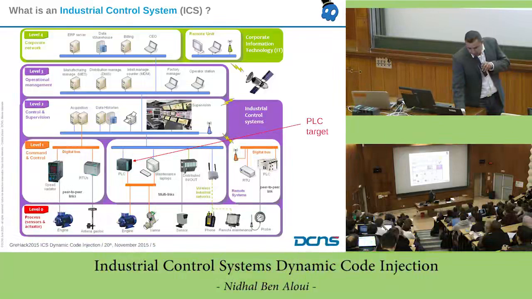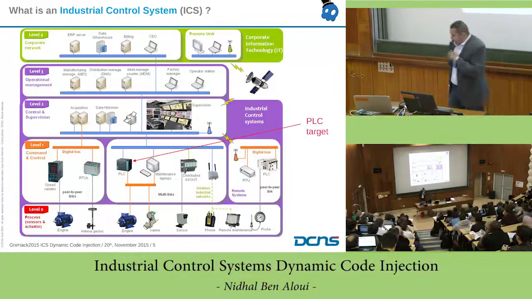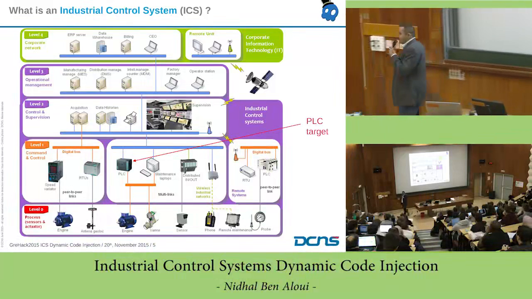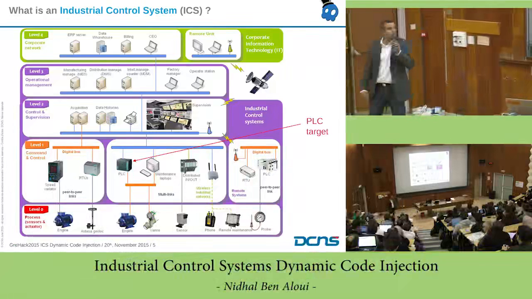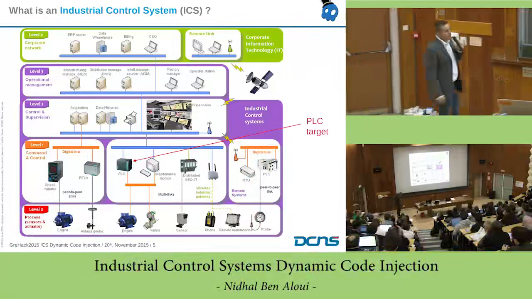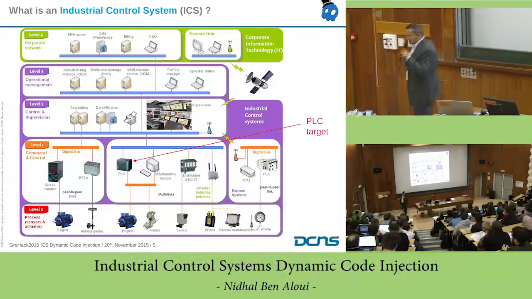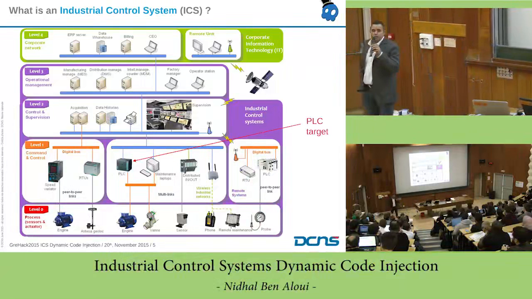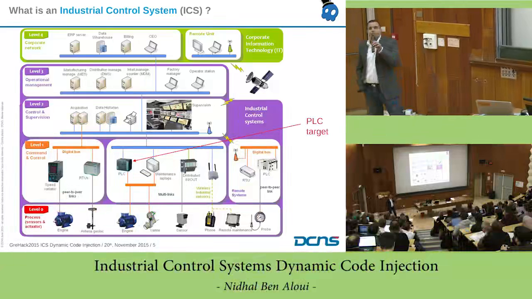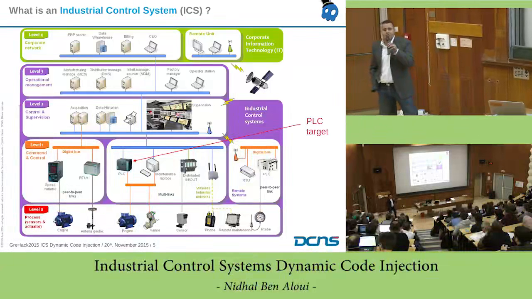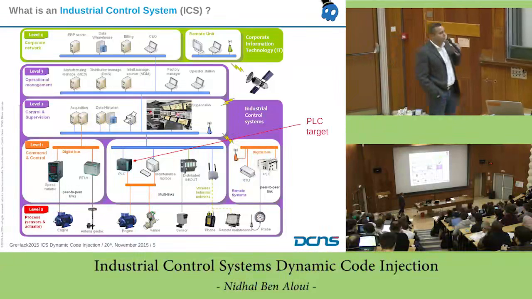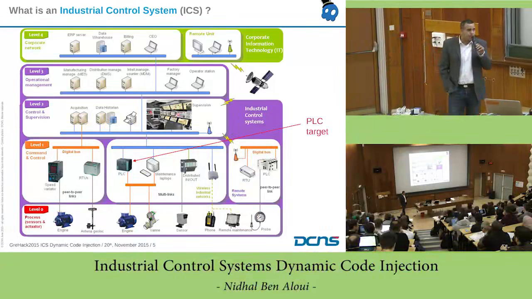So I think that is clear. And the target of this presentation of the dynamic injection code is the PLC here. So I put two examples of PLC. This one, this target is the Siemens PLC, so S7-300. There is a lot of kinds of Siemens PLC, S7-100 and